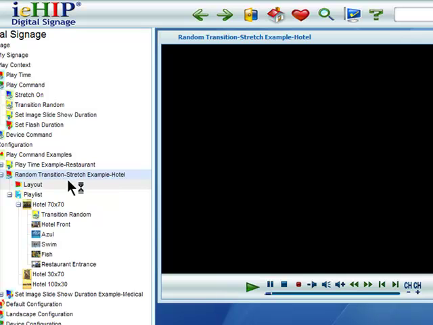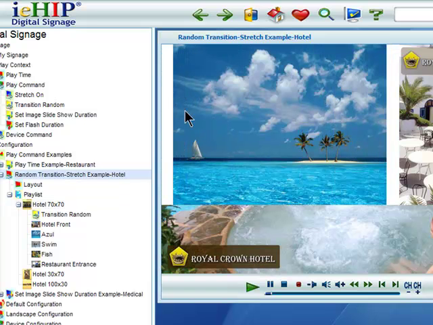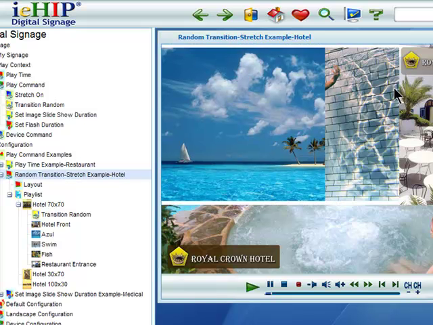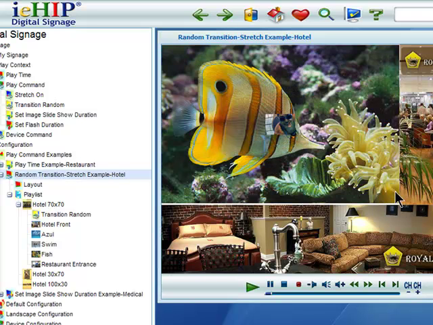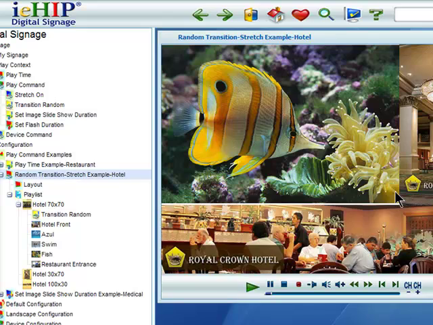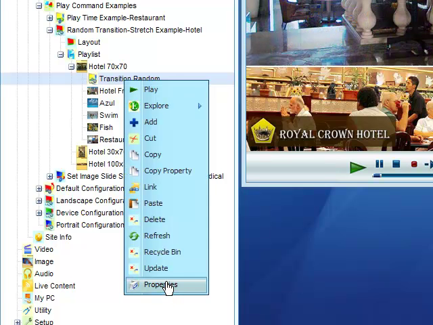And you will see in the main tier or zone, you'll see a little white around the top and bottom here and on the sides here, meaning it's not fit to the actual edges of the zone. It's not stretched. And you see the transition is a random transition from one item to the other. So we'll look at the transition random properties,